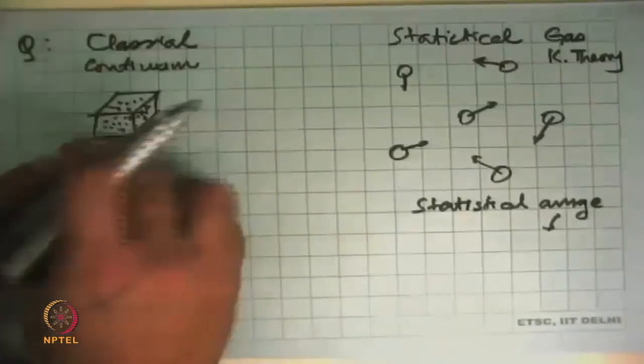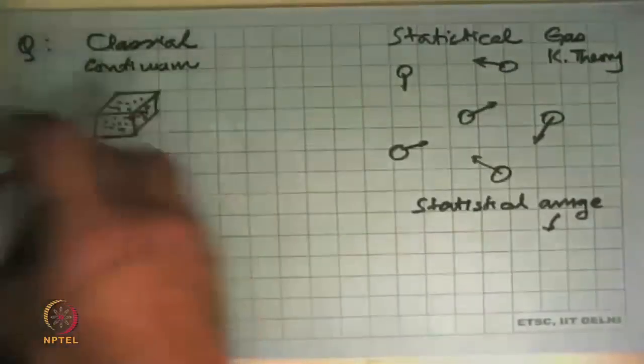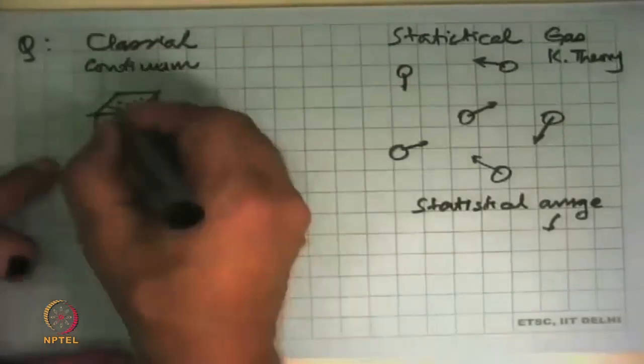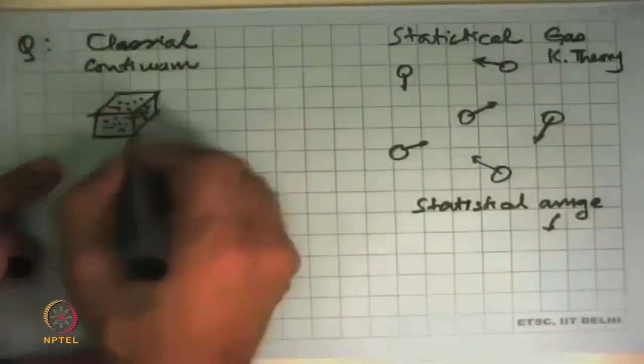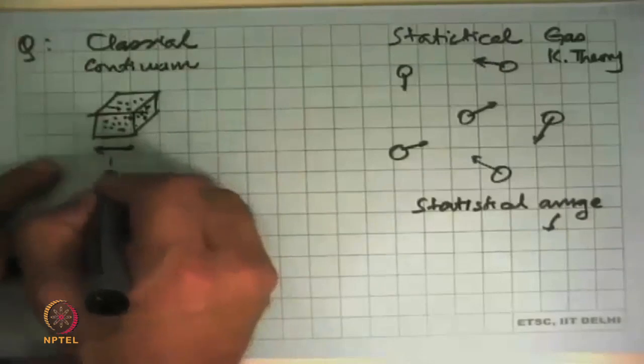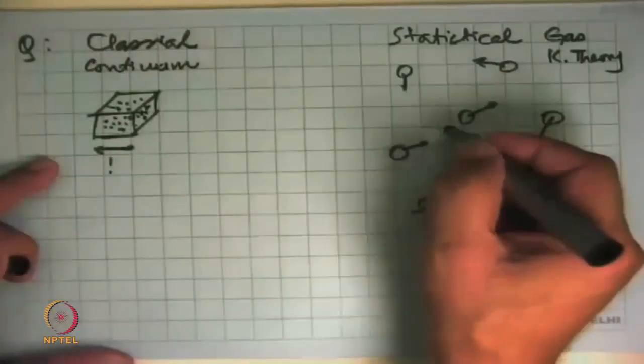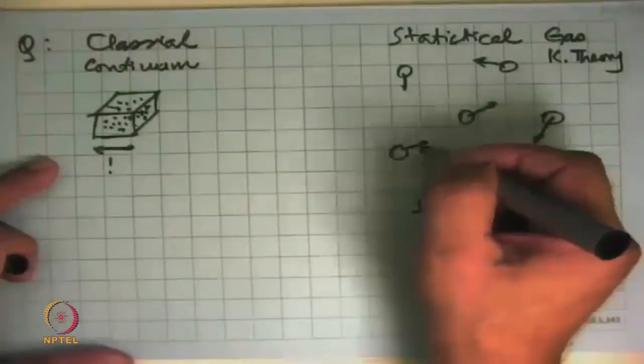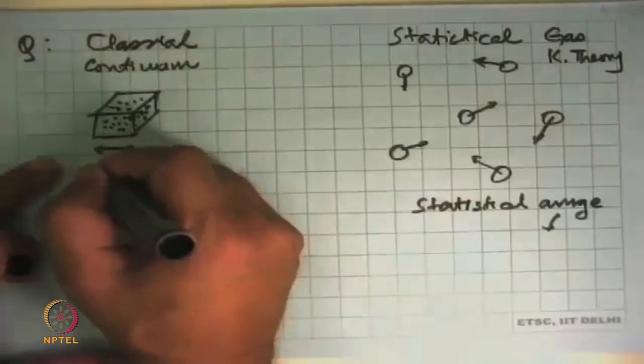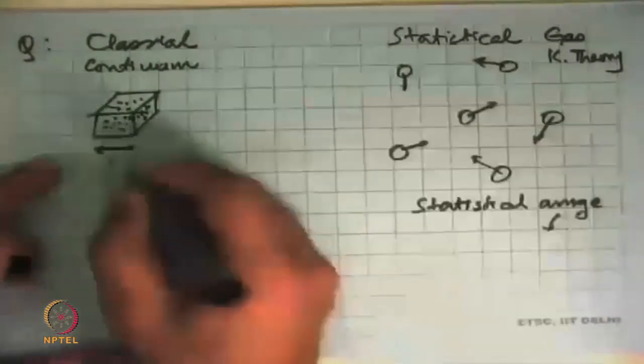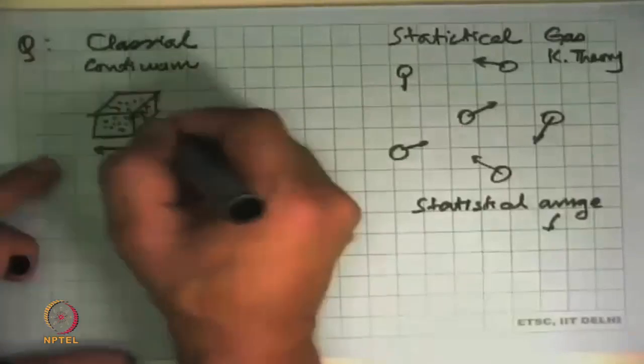So whether it is pressure, temperature, enthalpy, all of that we can get by looking at sort of an average of all of these, and we will not worry about where that average came from, but we start off by saying that this is the smallest element we have, some size we can put on it. This is of the order of angstroms, a fraction of an angstrom. This is much, much bigger, 100 times bigger than this intermolecular distance. And so we take all of these in an element,